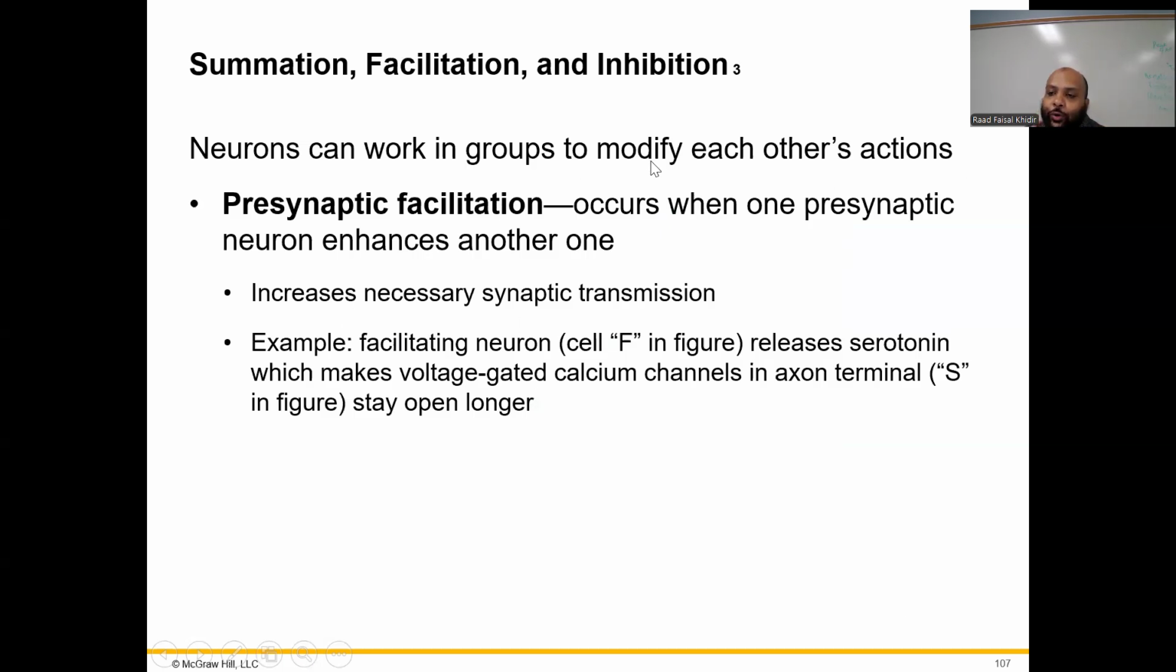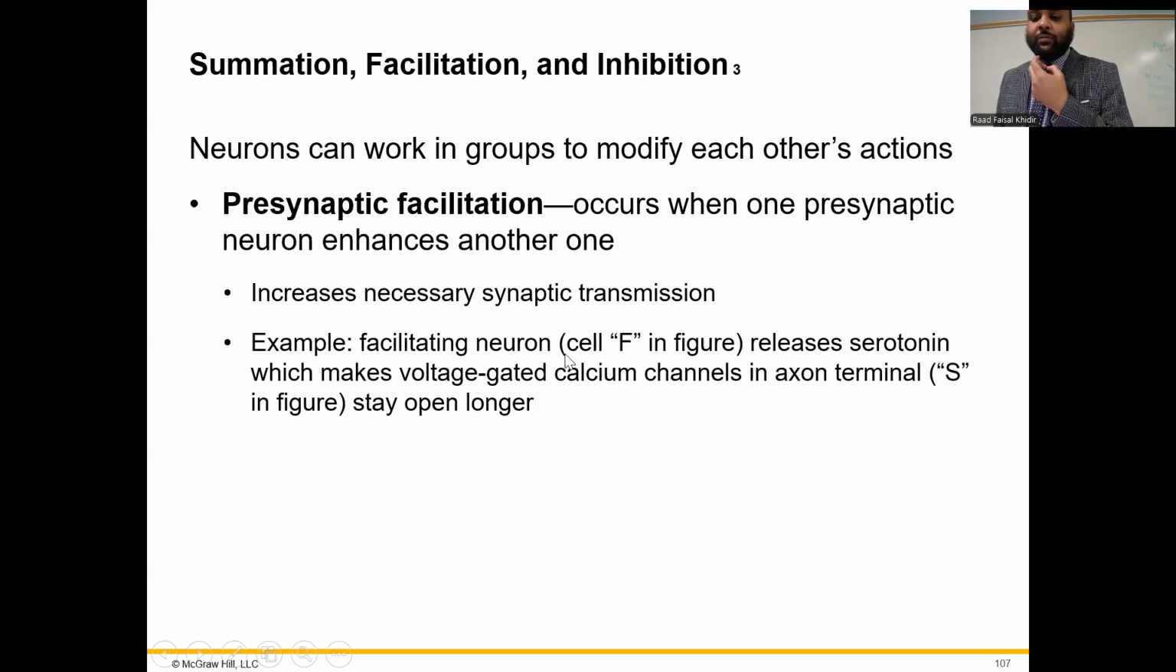Neurons can work in groups to modify each other's actions. The presynaptic facilitation occurs when one presynaptic neuron enhances another one. So neurons can work in groups to modify, and they cooperate with one another. So presynaptic facilitation occurs when one presynaptic neuron enhances another one, and that increases necessary synaptic transmission. An example would be